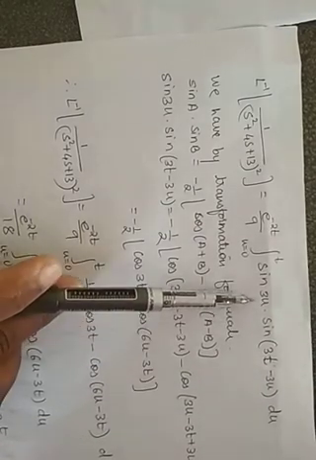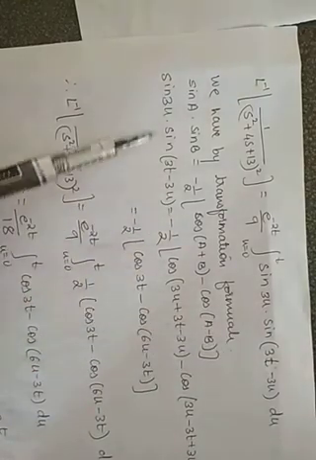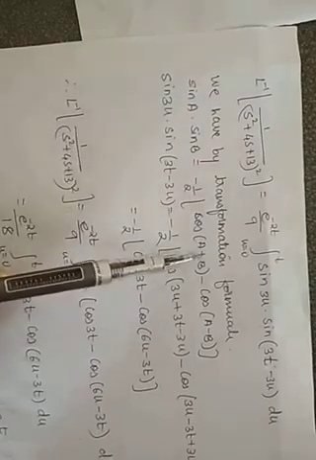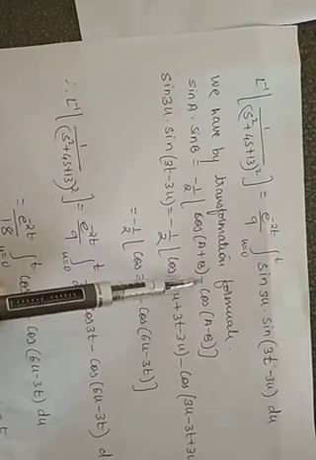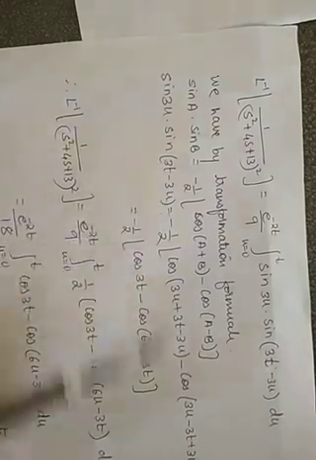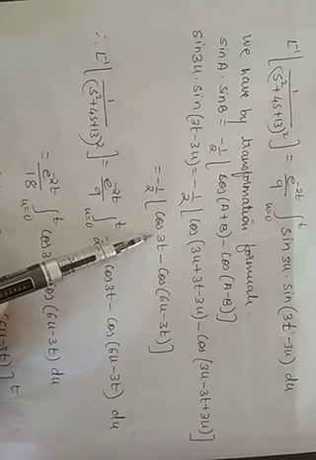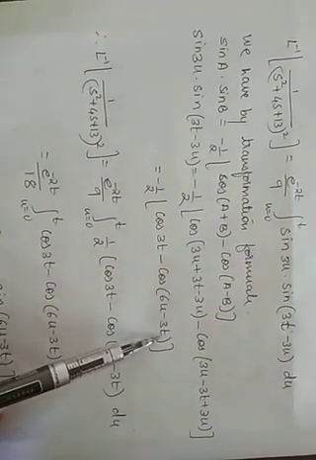Now what is A? It is 3u. B is 3t minus 3u. Hence substituting here, minus 1 by 2 cos of 3u plus 3t minus 3u minus cos of 3u minus B, so this becomes minus 3t plus 3u. Hence simplifying, 3u and minus 3u will get cancelled, so I am left with cos 3t. 3u plus 3u will become 6u minus 3t.